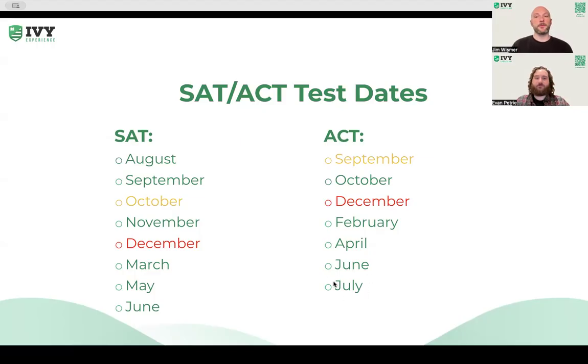And then coming around to the fall of senior year, what I have here is the deadline for testing for most early action and early decision deadlines for colleges in yellow. So the October SAT is typically the final deadline for SAT for early action and early decision, and for the ACT, it's typically the September test date. And then you have until December of senior year for the regular deadlines.